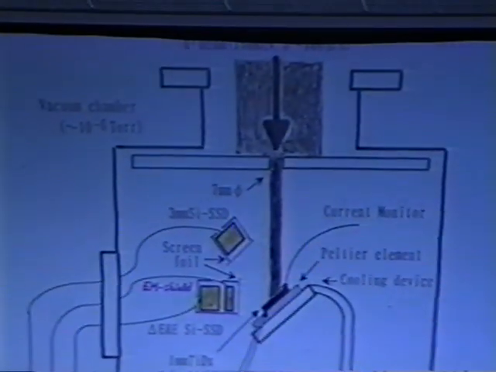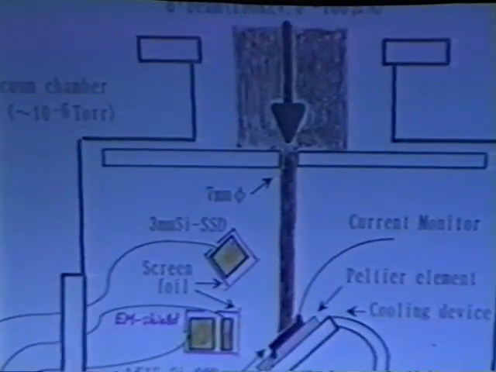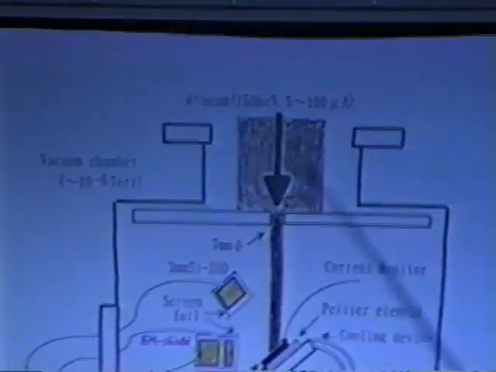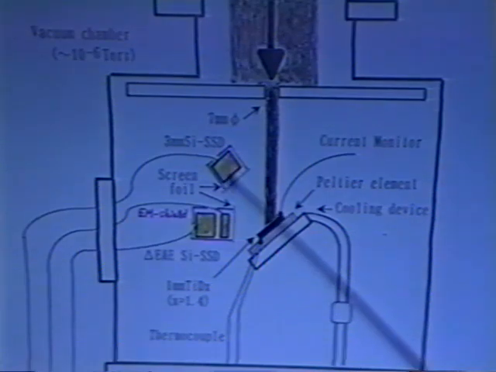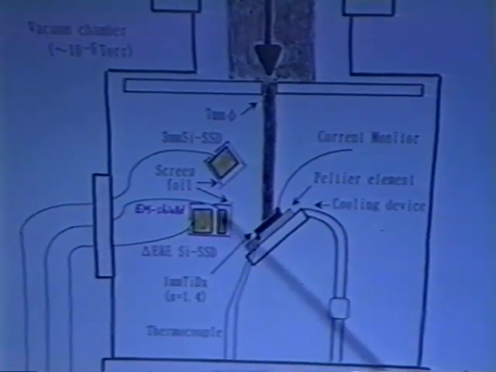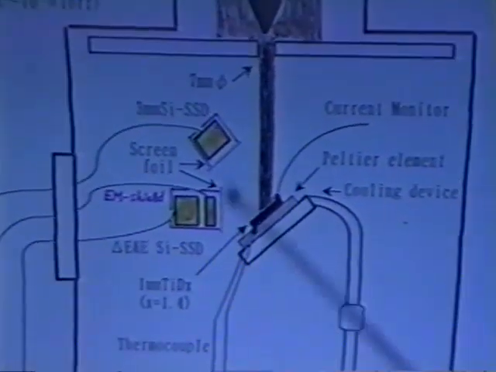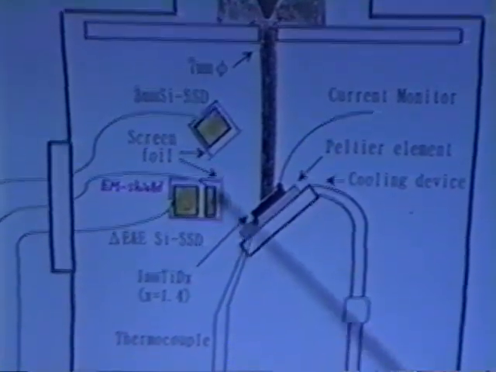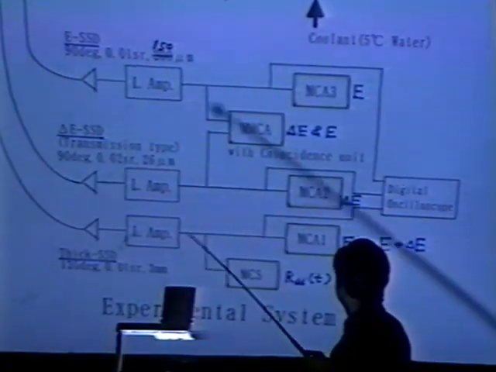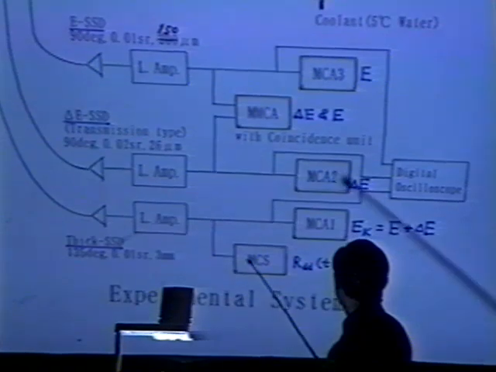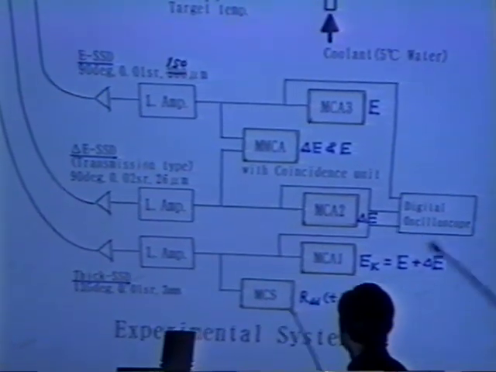So this is a real example. Beam coming in, we set up a detector in this way. This is the E detector, this is a delta E detector covered with screen wire and electromagnetic shield, and we take a signal in this way. By an amplifier, we take the energy spectrum for the E detector, and delta E detector, and total energy detector,